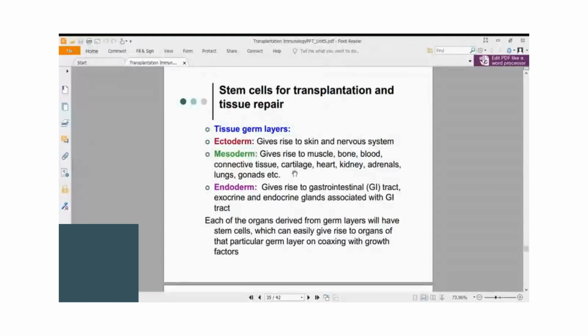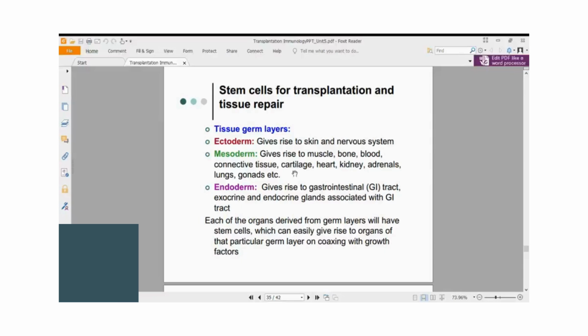Therefore, these stem cells, being capable of growing and multiplying in vitro, can be transplanted into a person, and the person can be treated with required growth factors through the intravenous route, and we expect that stem cell to grow the lost part of the organ, that is, the damaged part of the organ, and repair it. That is the assumption. Okay, except the bone marrow stem cells, other organ stem cells are not directly transplanted into